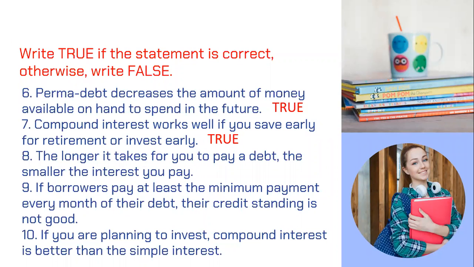Okay? For number 8, yes, sorry Calvin, napindot ko na ha. Calvin, for number 9 ka na lang ha. For number 8 is false. So remember that if you will borrow the money in a longer period of time, you will incur higher interest, or you will pay higher interest. Okay? Calvin, for number 9, anak? Wala lang po. True. Sige, anak. Anong hula mo? Is it true or false? True po. True. If borrowers pay at least the minimum payment every month of their debt, their credit standing is